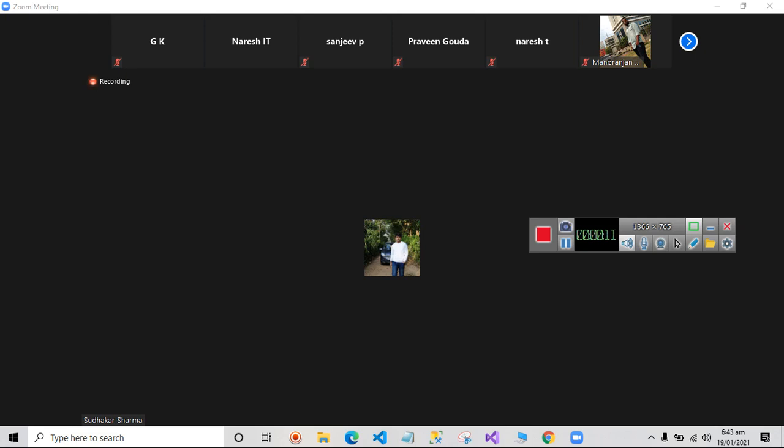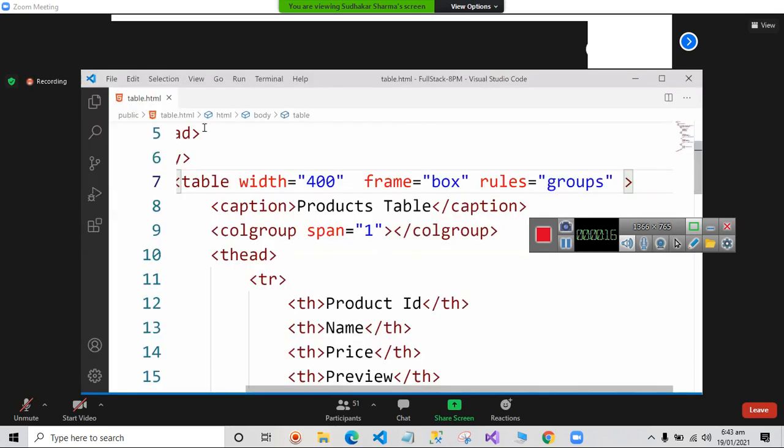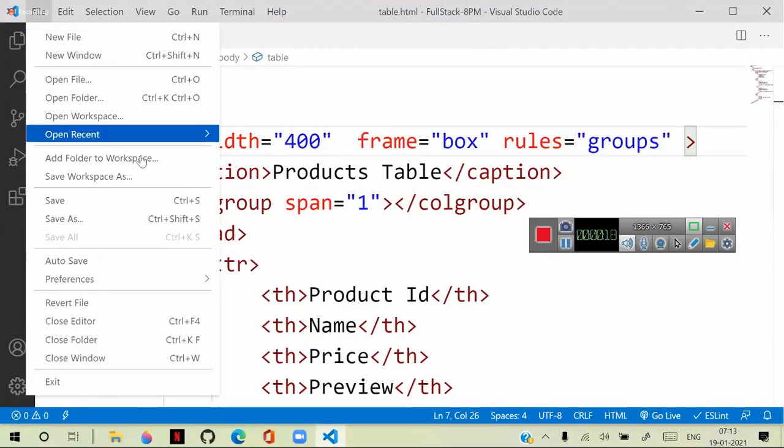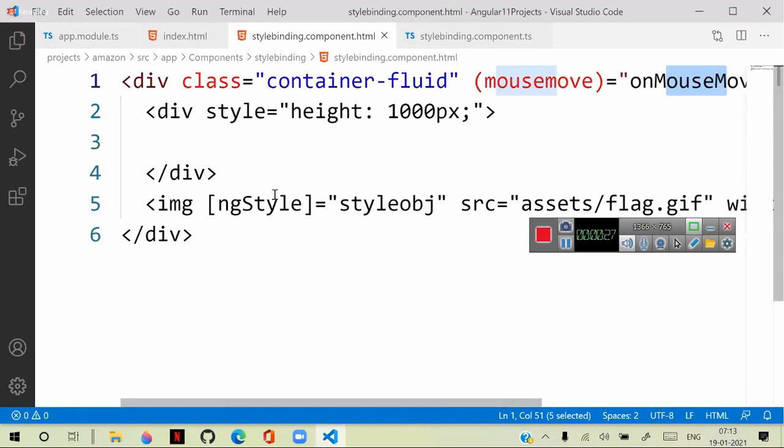Yeah, last session we discussed how we use style binding, the style directives, and how we work with them, right? Next, after understanding the basics of style binding,